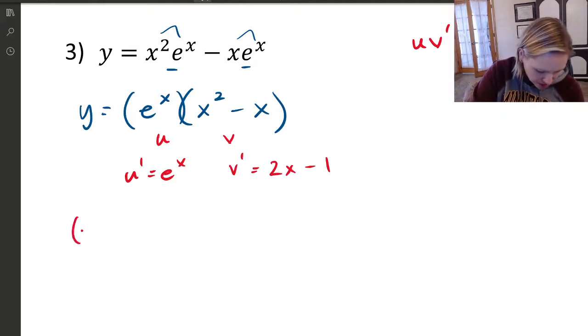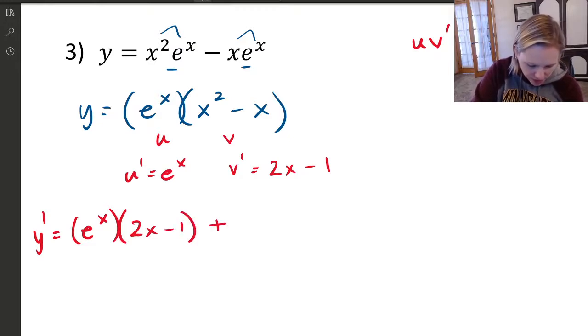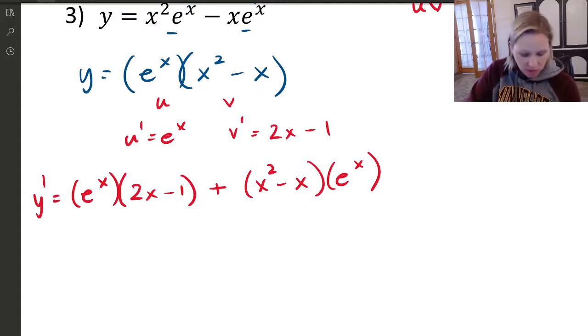So u is e to the x, y prime equals... and then v prime is 2x minus 1, plus v, well that's x squared minus x, times u prime, well that's e to the x. Ta-da! And if I simplify this a little bit, I'm going to factor out again an e to the x